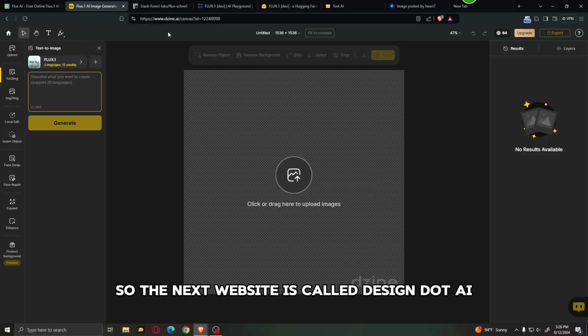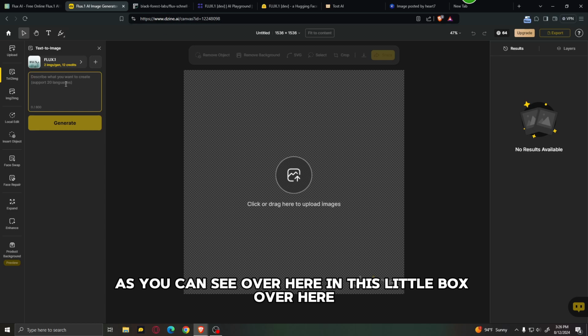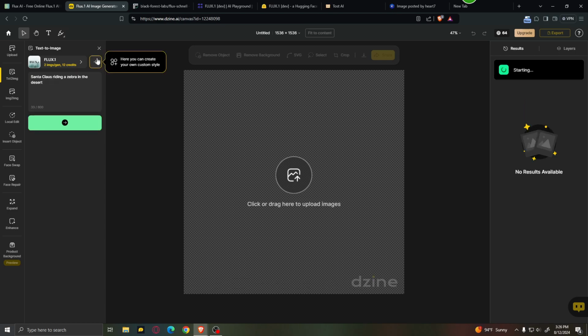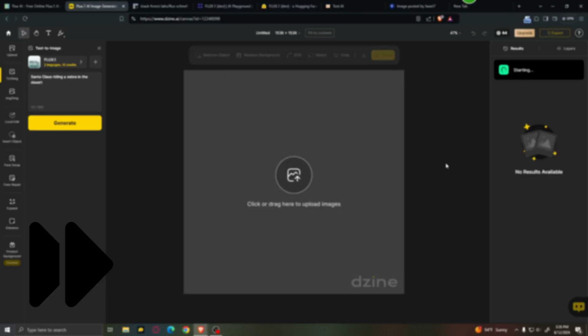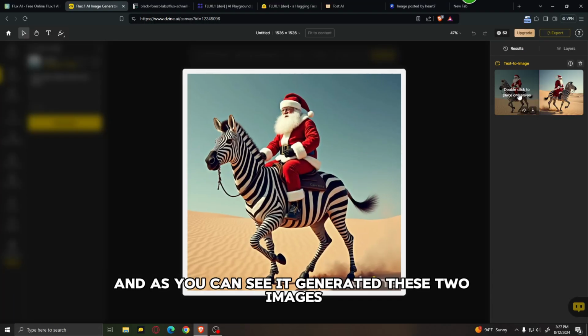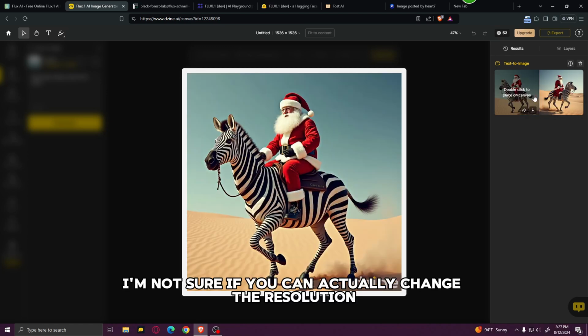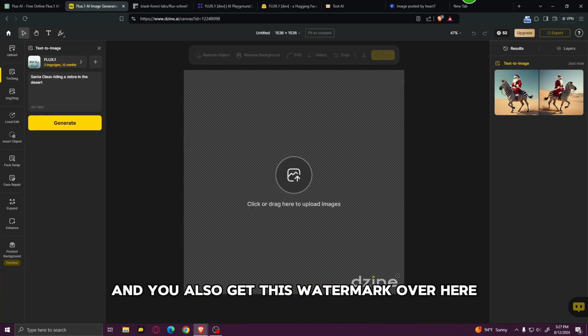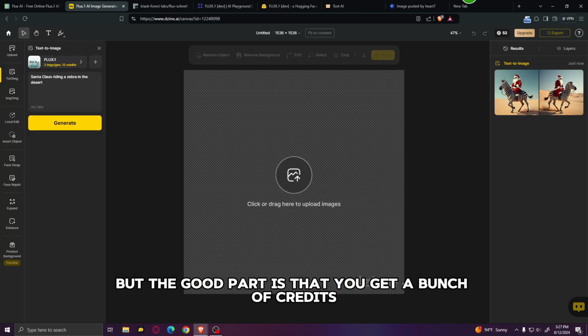So the next website is called design.ai, as you can see over here. In this little box over here you can paste in your prompt and just click generate. And as you can see, it generated these 2 images. Now unfortunately, I'm not sure if you can actually change the resolution or adjust other settings, and you also get this watermark over here, but the good part is that you get a bunch of credits that you can use